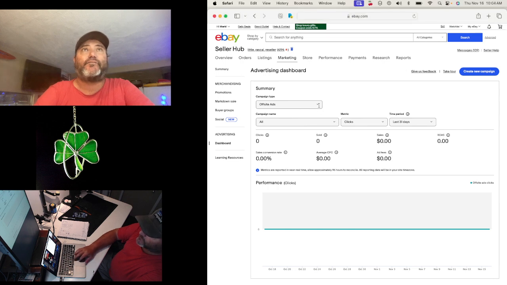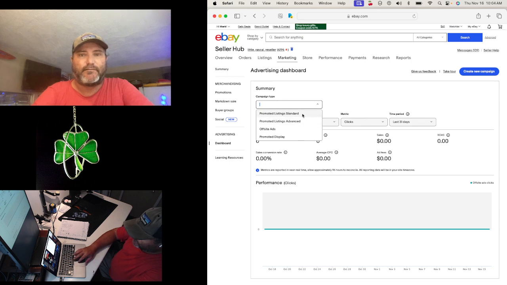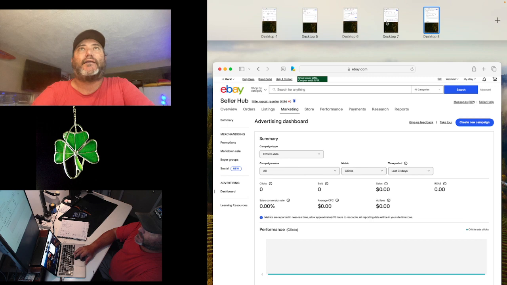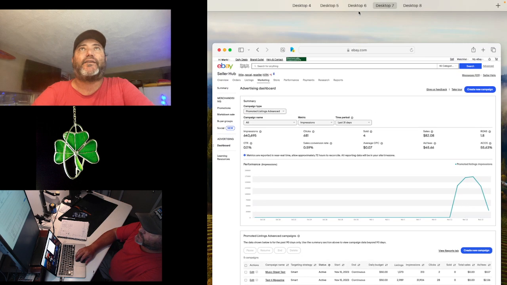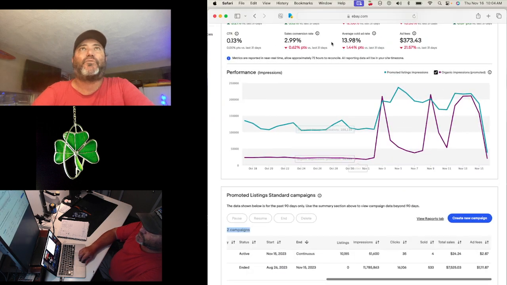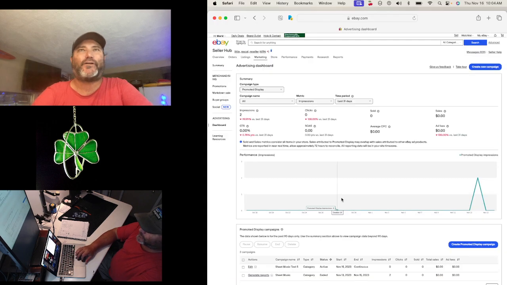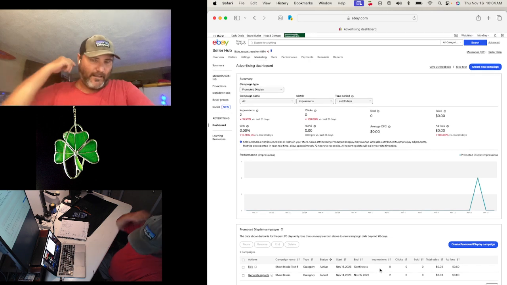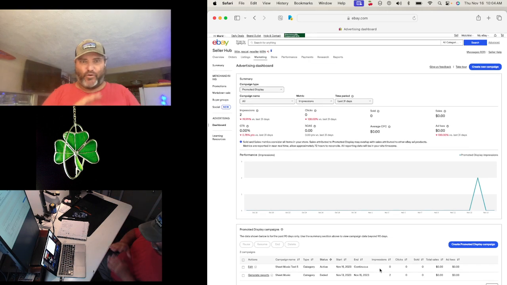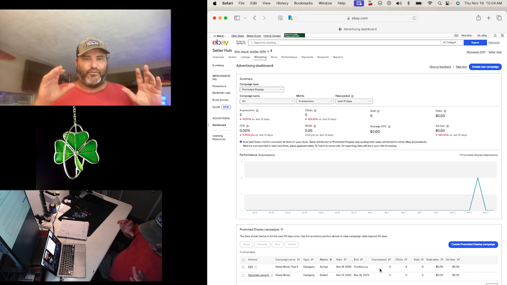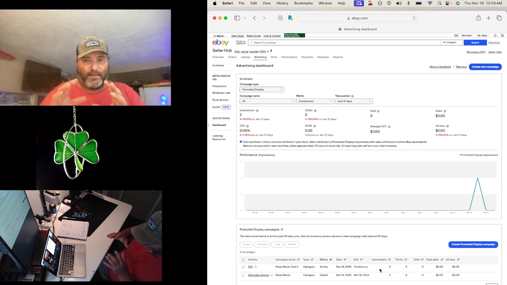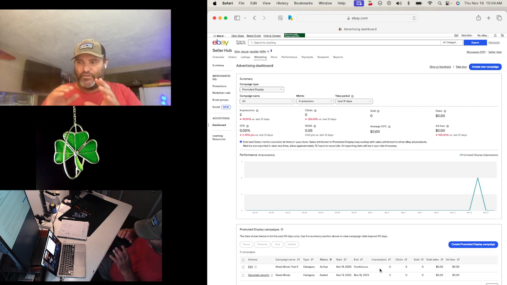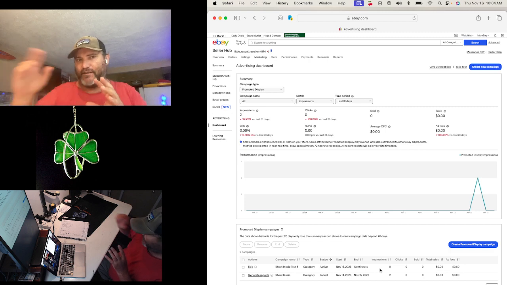So now they have 4 different promoting tools to promote your listings. I still am playing with the promoted display, which I got them all organized some way. Promoted display. So this is where I changed this to, instead of a whole bunch of listings, I'm only sending music sheets. So the music sheets, what you do is I turned off my events for music sheets, so